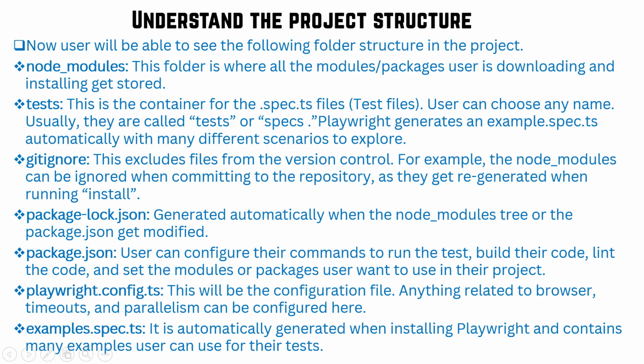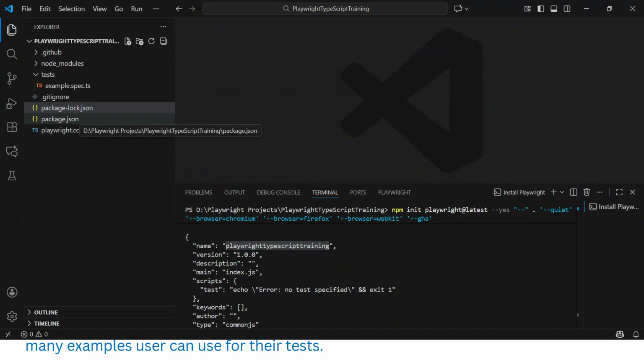Now your playwright.config.ts. This is the heart of Playwright. All the configuration, whatever execution you want to perform, will be there. So this will be the configuration file. Anything related to browser, timeout, and parallelism can be configured here. Now if you open it,